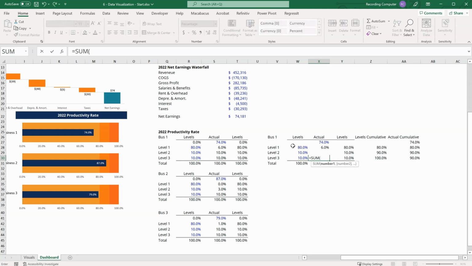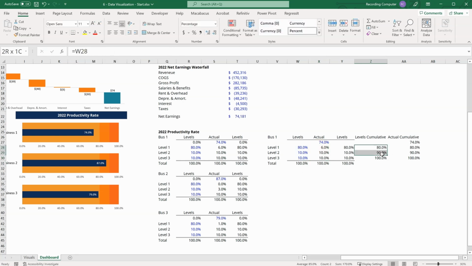We're going to compare the threshold of all levels, so 80 plus 10 plus 10, or 100, minus the sum of all of our previous actual values. And once again, we can update this formula, wrap it with the max function, so it's the max of our formula and 0. And now when we look at the cumulative values, we can see at the first threshold level,